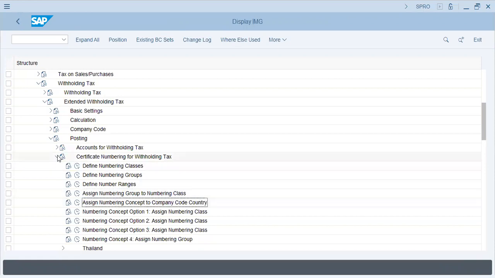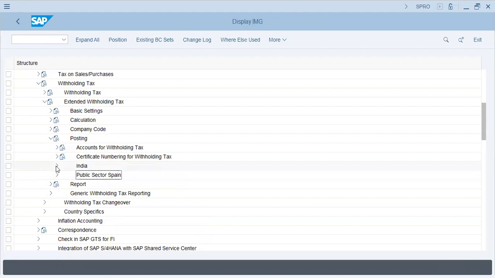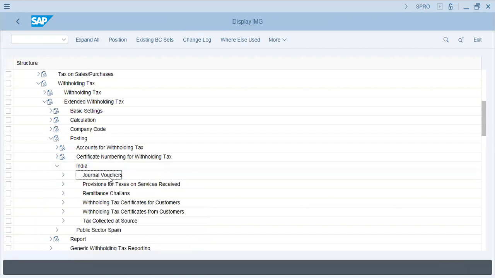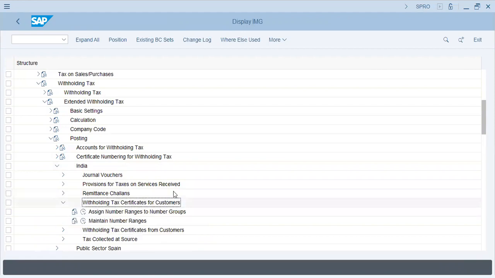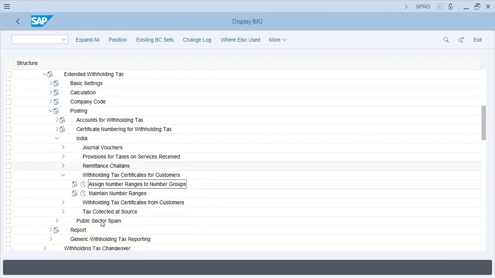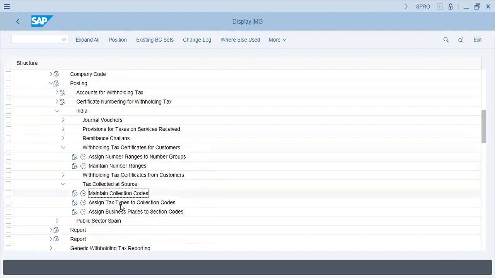This is something new, but I would work on this. India, general vouchers, remittance, challans, certificates. We also make certificates for vendors, but this is for customers. Tax collected at source: maintain collection codes, and we can assign tax types to collection codes because we are collecting